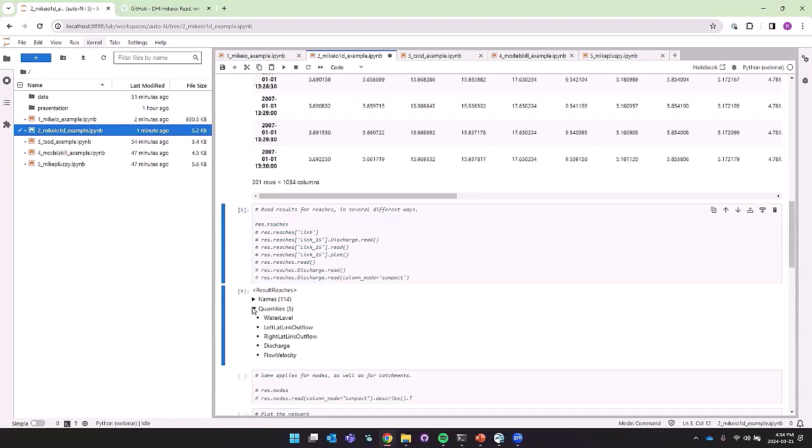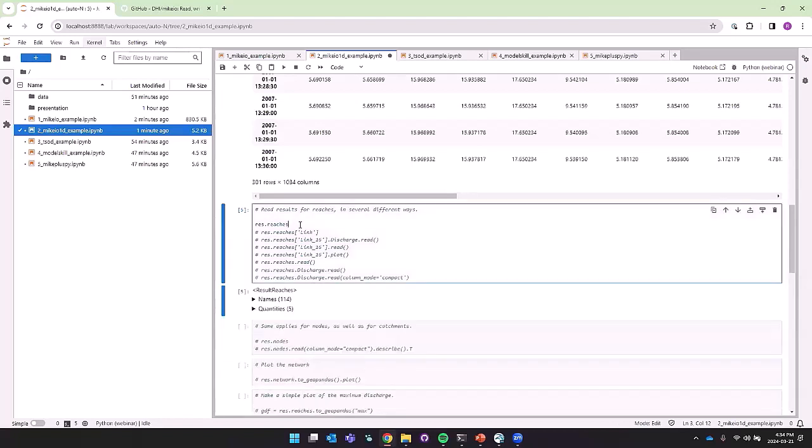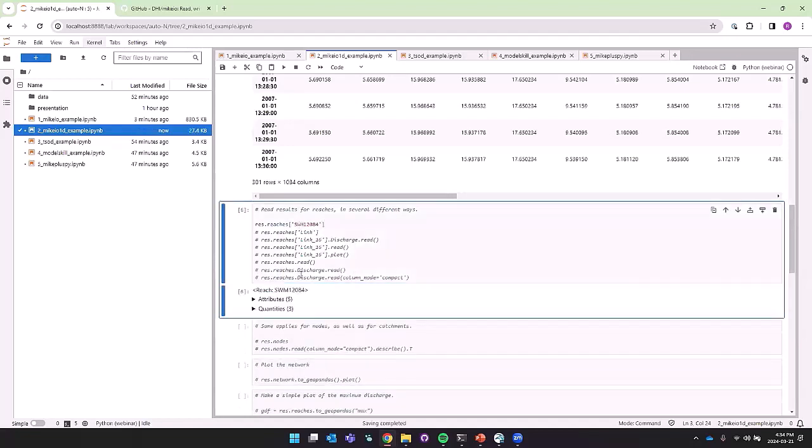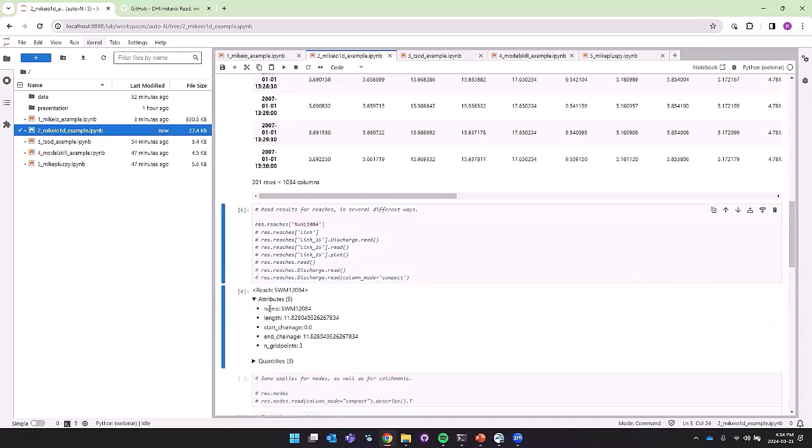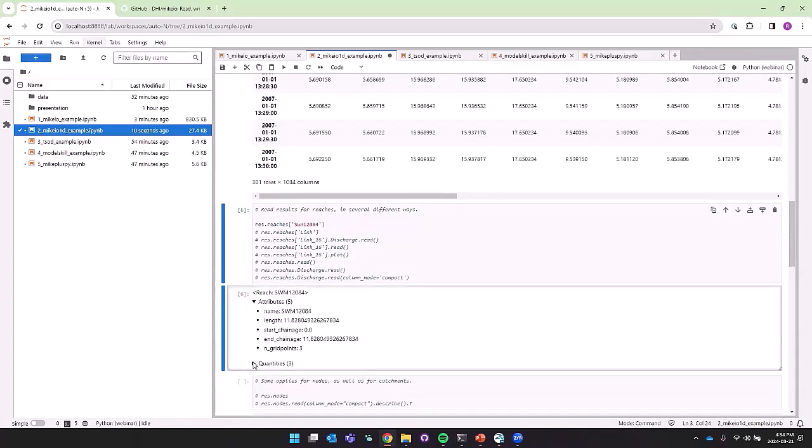So within this reaches, you can also get this neat auto completion that lets you search for the item that you want. And then you can get that item and also see some attributes of it, how many grid points, start chainage, the length of it, etc. And also its quantities.